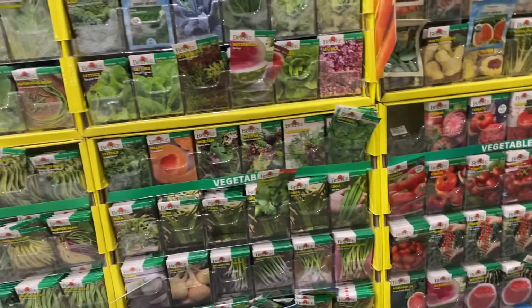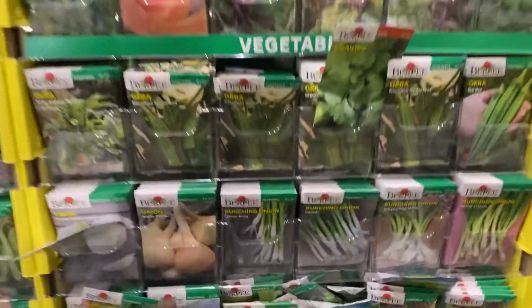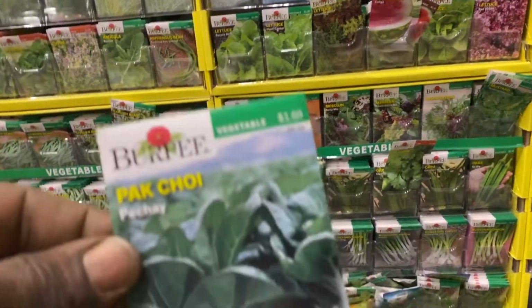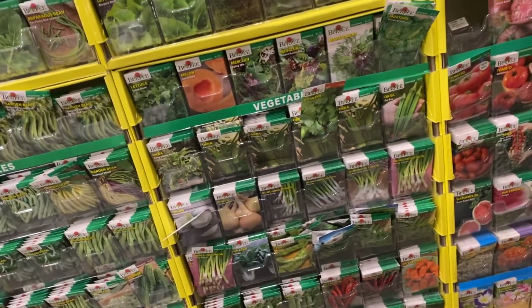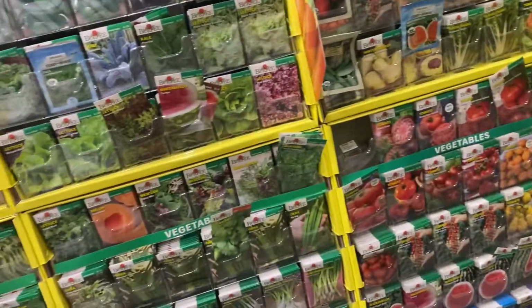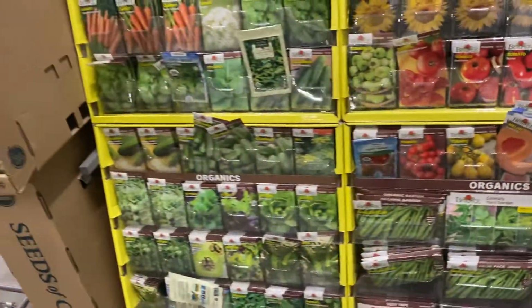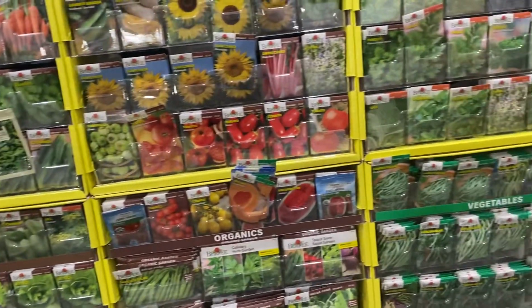Pepper, collard greens, pak choy. I think I set some pak choy seed already. $1.69. I mean, guys, take my word for it. You buy the seed, it costs you a lot cheaper. Okay? It takes more time, but you get your garden prepared